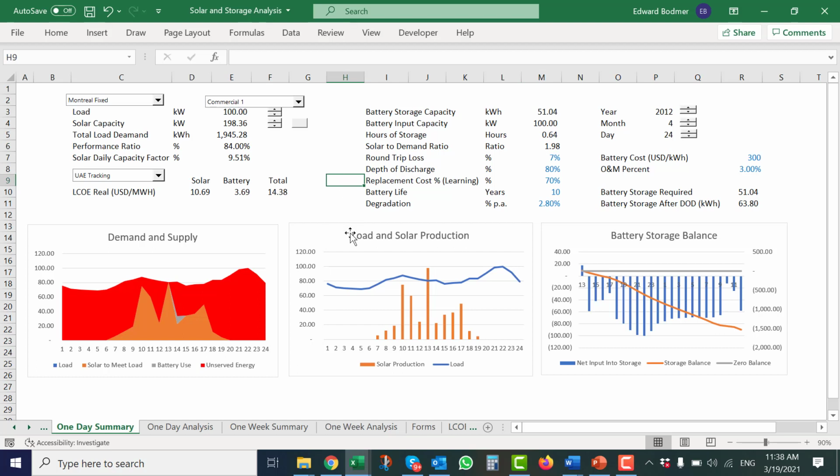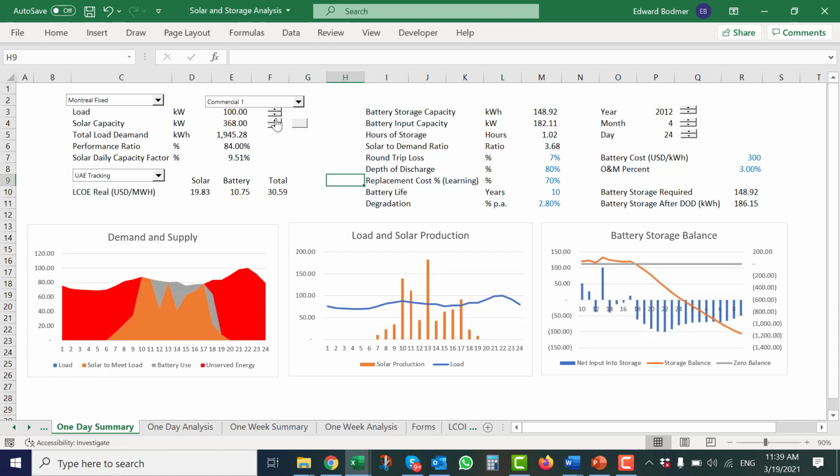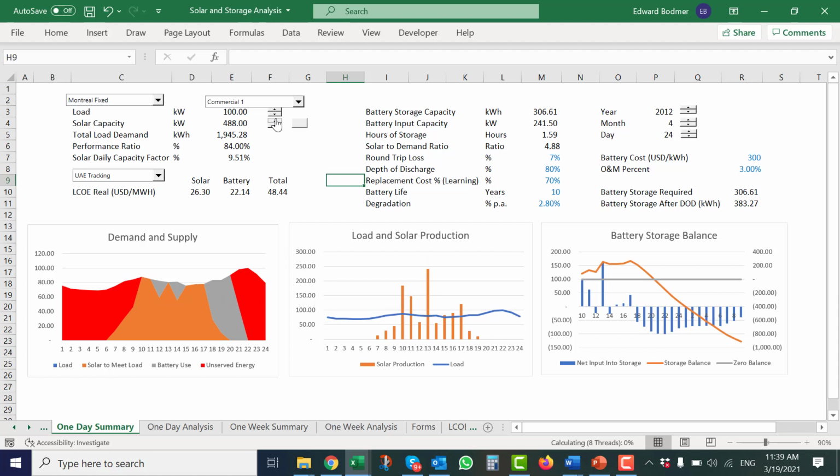Okay? And right now, the red means we have unserved energy. So again, what we have to do, and the expensive thing we have to do, is to meet that demand, we've got to put in a whole bunch more solar power. And all these horrible reports with the costs and all that just produce something and don't show you what you really have to do.